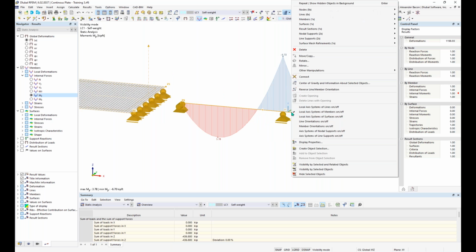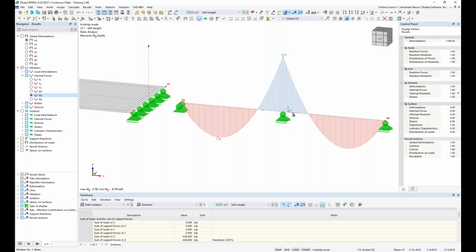which if you right click on the member, you can turn on the local axis system of members, and you can see what that looks like. So these are the moments about our local y-axis. I'm not sure if I said x, I meant y. And then we can also take a look at the